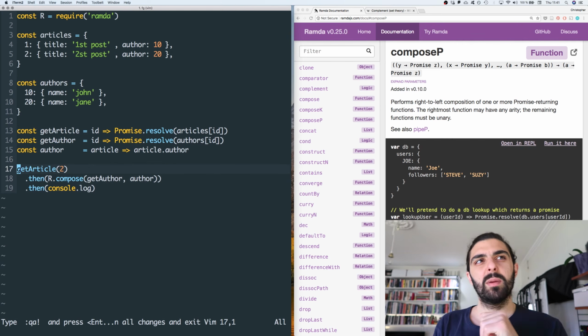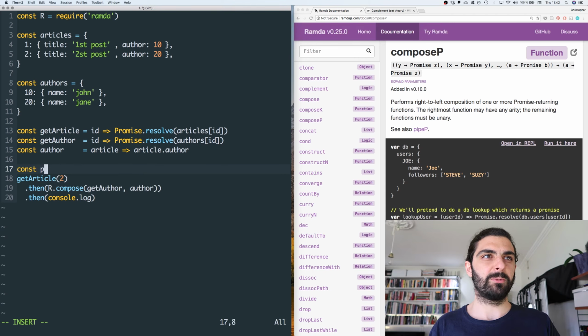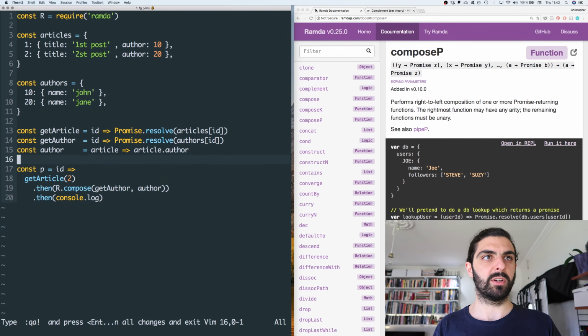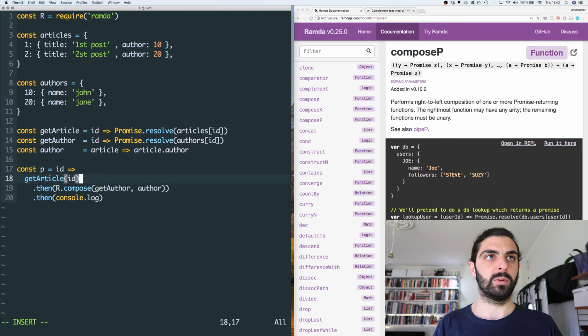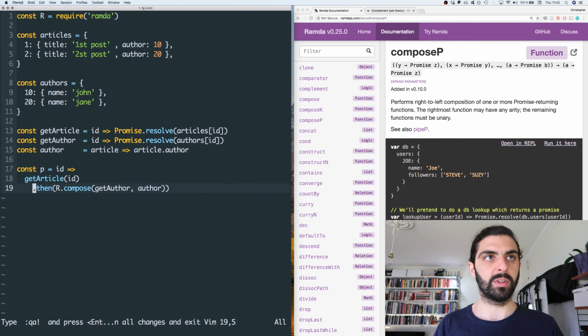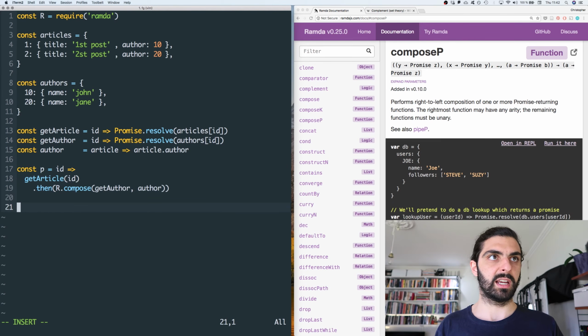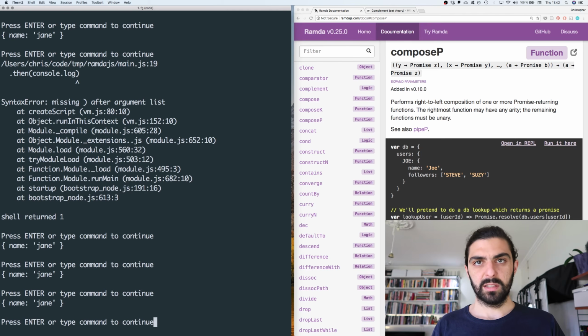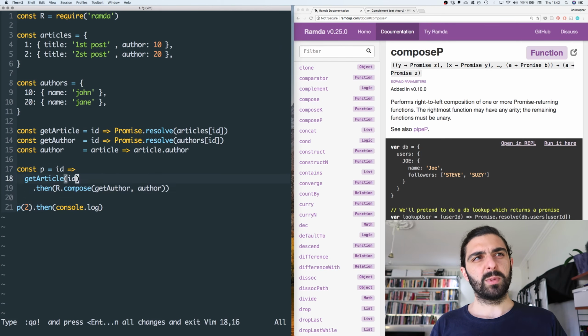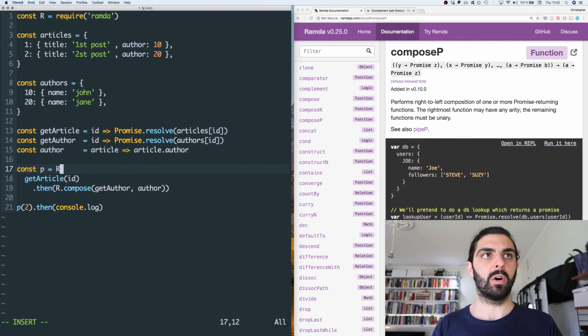Okay, but then maybe we could go back to the other and remove this point as well. If we make this a function, let's say a function p that we pass an ID and we want to return this, and we don't want to explicitly have that point. So let's remove the console log there and say p of 2 then console log, like we were doing before. This still works, right? But we have this ID here and we're trying to get rid of this point, so maybe we could use